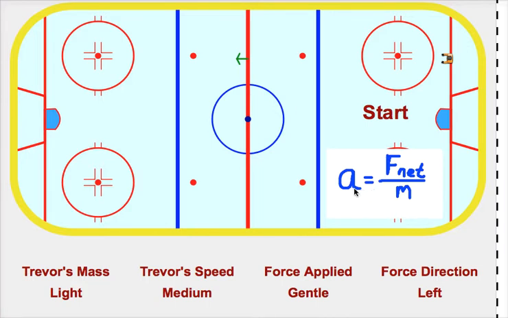Mathematically, we know the acceleration can be found by doing the net force divided by the mass. But let's look at the direction of force and how it affects the actual motion of the object. So in this first example, our object is moving at a steady speed. We're going to apply a force in the direction it was originally moving, and you'll see the object will gain